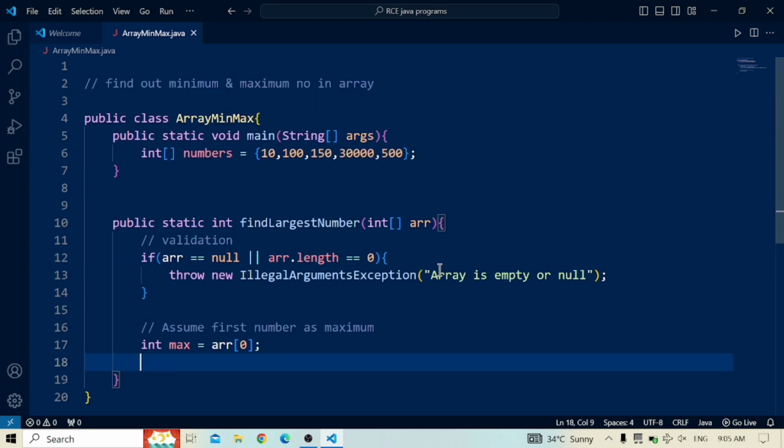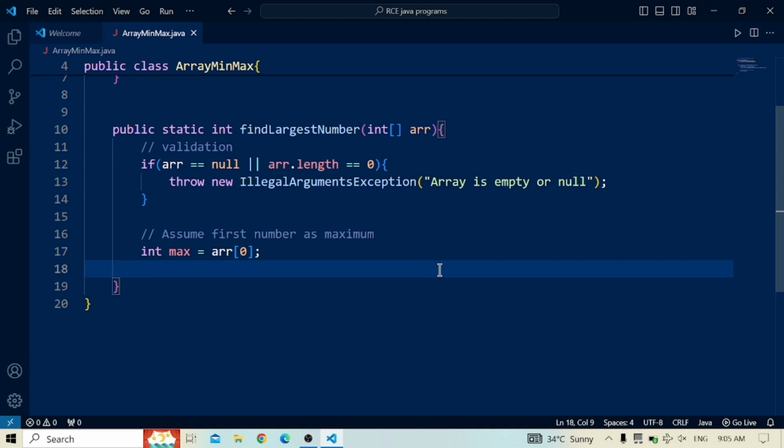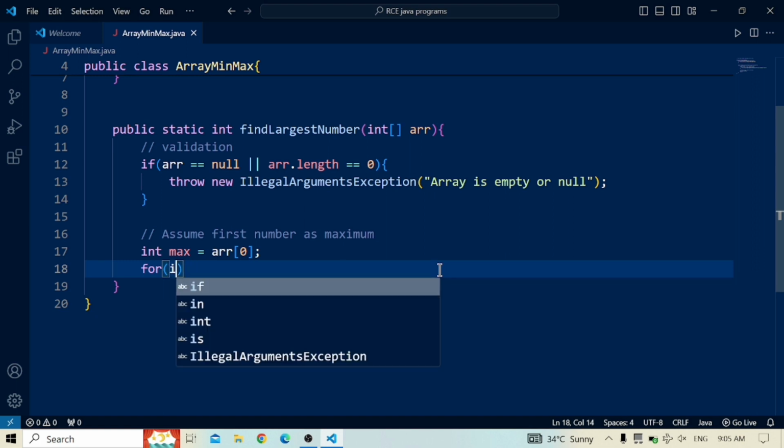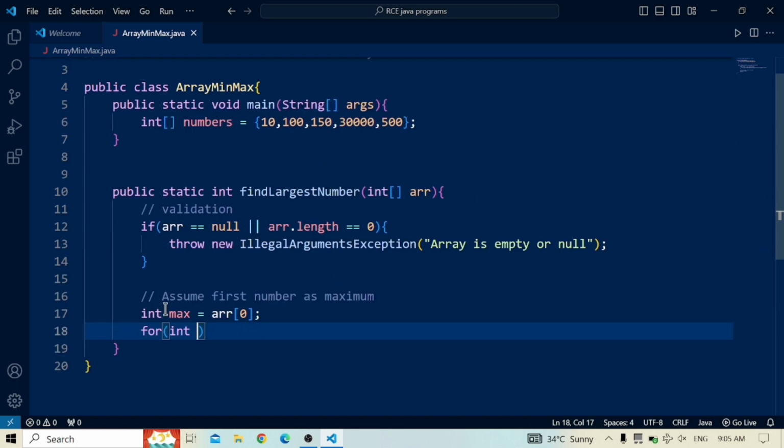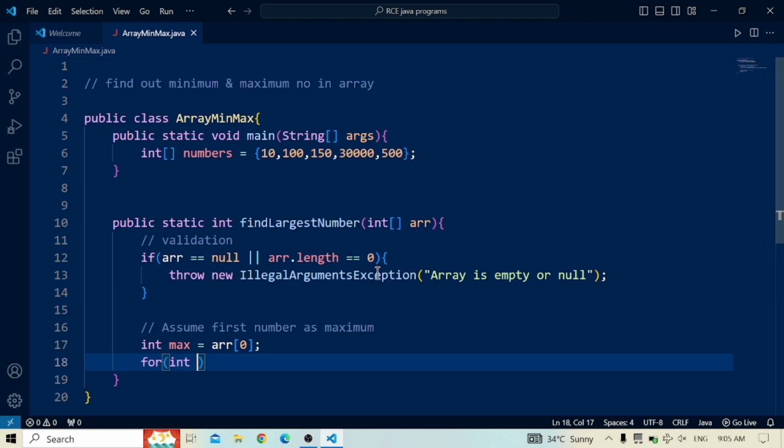Array of 0 is going to be maximum for right now. We know it is not necessarily the maximum number, but for right now we are going to keep it and assume it as the maximum. Then we are going to use the for loop, and for integer. As we have assumed the first number, that is the value at index 0, as the maximum,